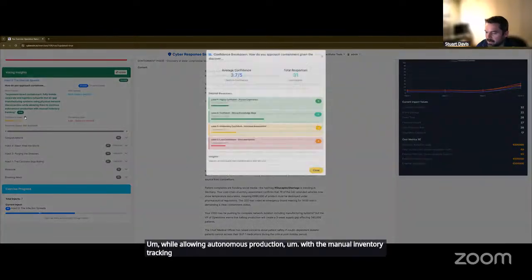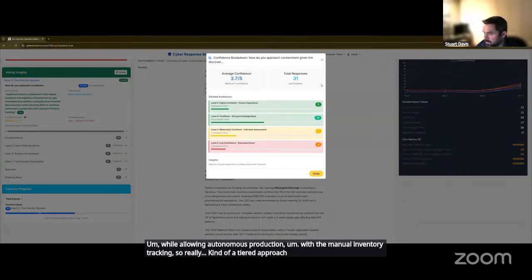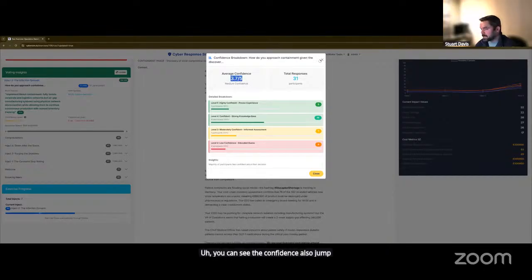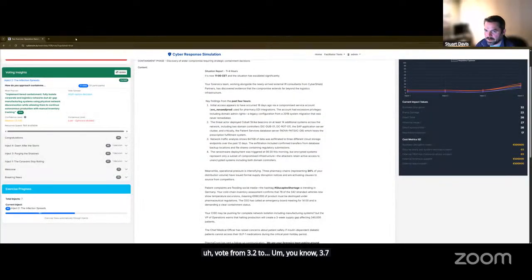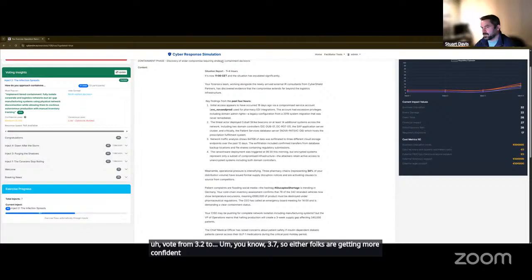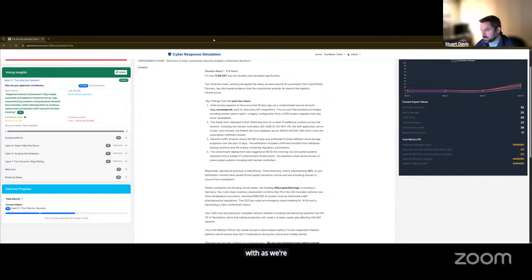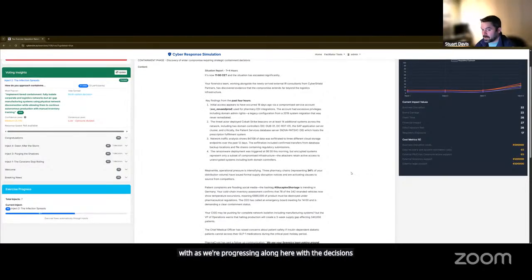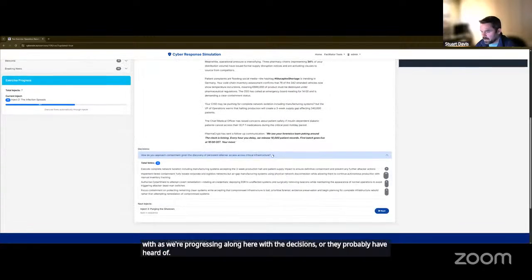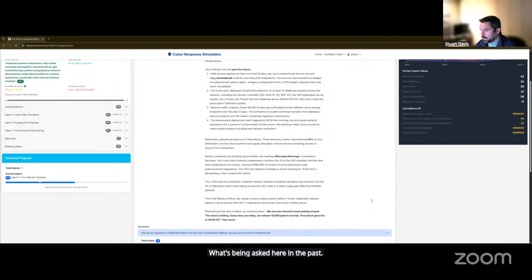So really a tiered approach there. I'm seeing high levels of confidence. You can see the confidence also jumped up from the last vote, from 3.2 to 3.7. So either folks are getting more confident as we progress along here with the decisions, or they probably have heard of what's being asked here in the past. All right, either way,